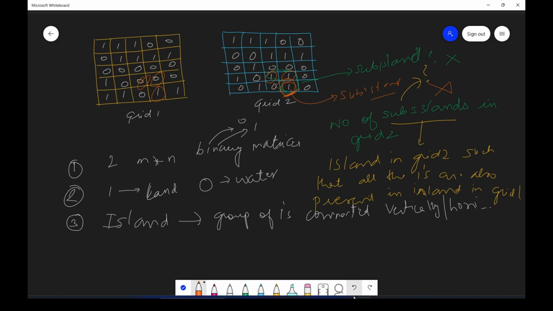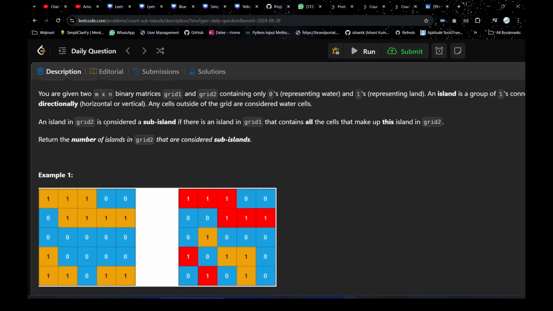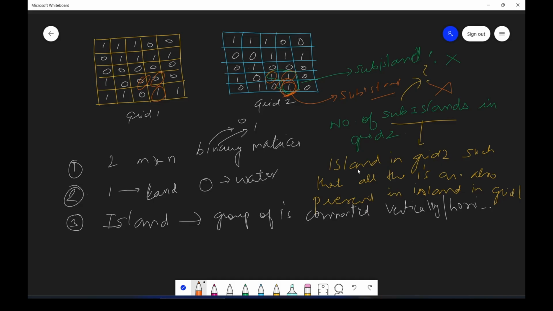Because it's very clearly mentioned in the question that for an island in grid 2, either you take the entire island or you take nothing at all. It's not like you can take a part of an island and check whether it is in grid 1 or not. You have to take the entire island and check it.